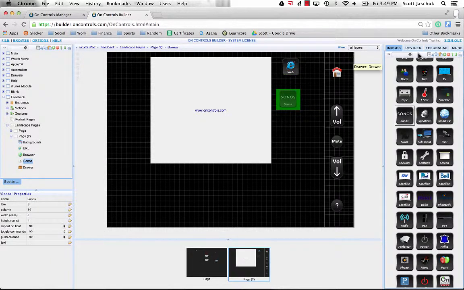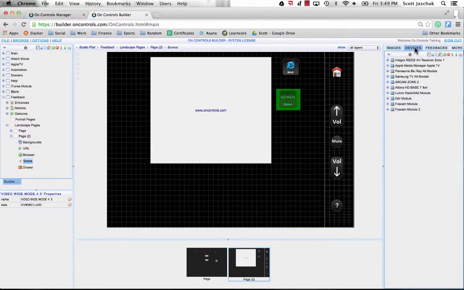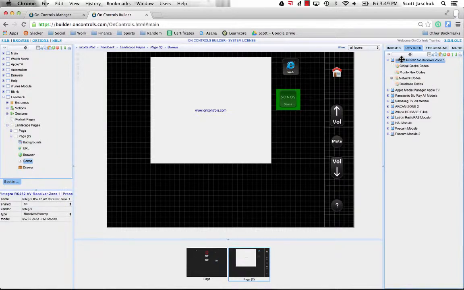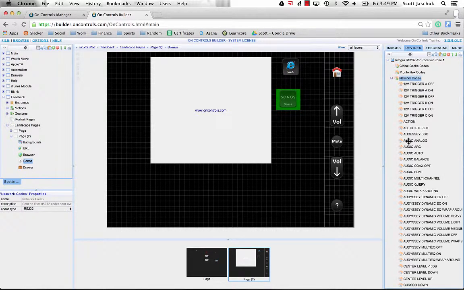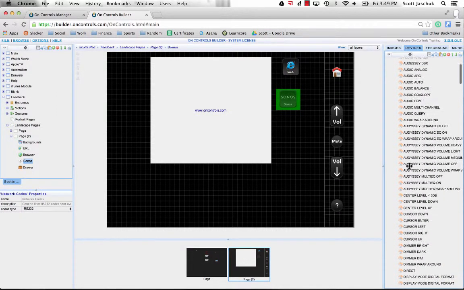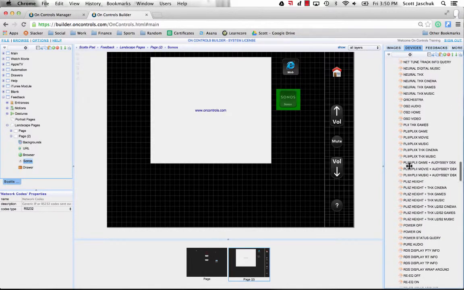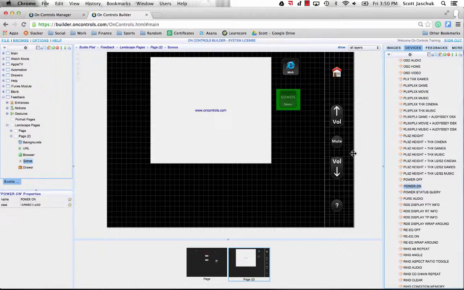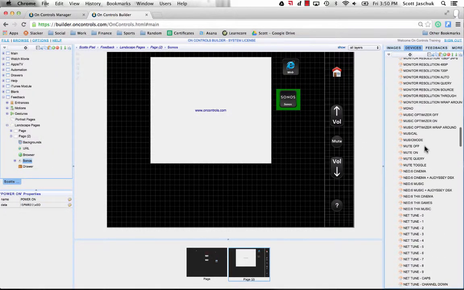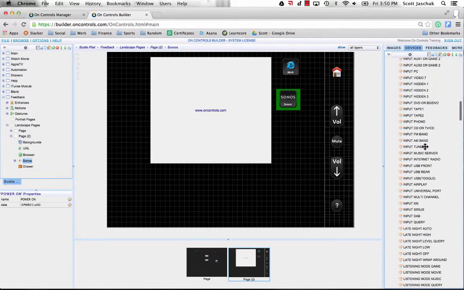So now we want to create our macro, so we'll go to our device, and our macro is going to be turn the receiver on and switch it to TVCD. I'll scroll down, find my power on command, find the proper input,